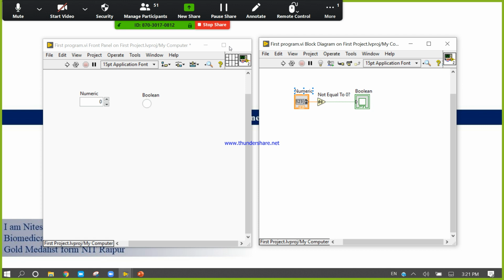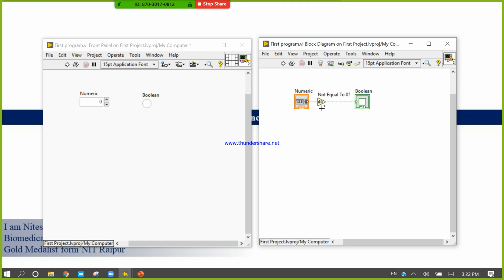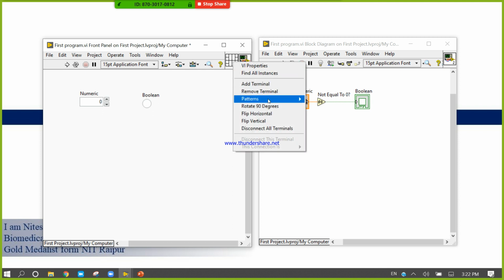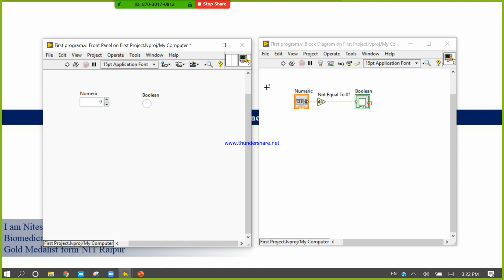This one is our icon and connector pane. Whatever icon we are looking at has been designed by this platform, and this is the connector pane. The connector pane maps the number of pins. Here in this icon there are two pins, one input pin and one output pin. We can change this connector pane by right clicking and choosing patterns, such as one input one output.